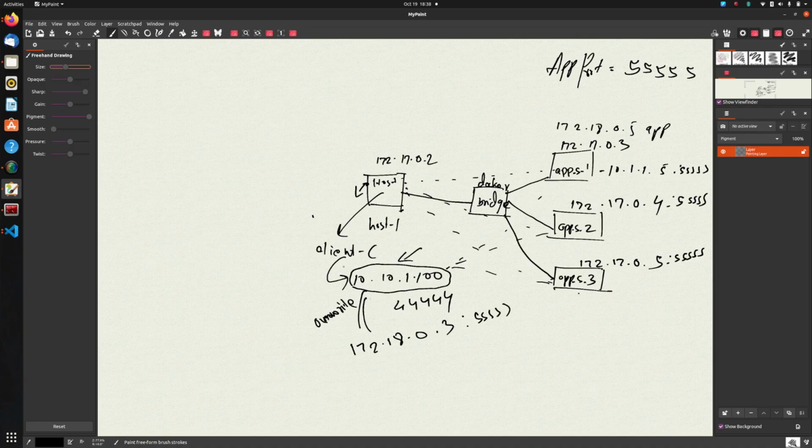And since the packet that's originating from the host, that is host 1, by default its source IP will always be the IP of this box, which is 170.17.0.2. We do not have to think about how the packet will come back, since that's the actual IP of the box from which the packet is originating, right? So we do not have to do anything with the source IP of the packet.